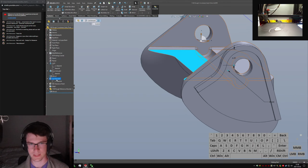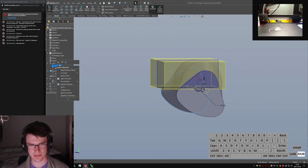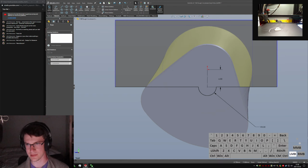How's that one coming along? When I do this final sketch, what I'll do is I can turn on these two sketches so that I'm only editing this box out here,